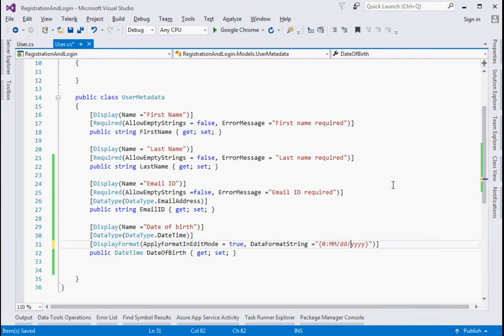This format I want to show in the edit mode,